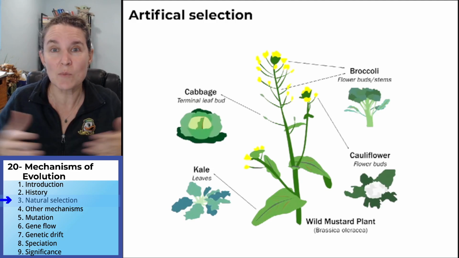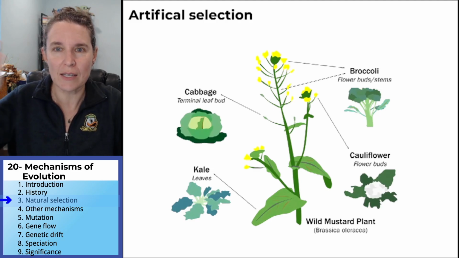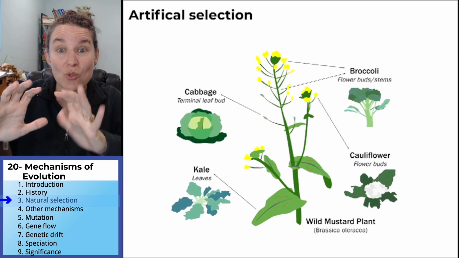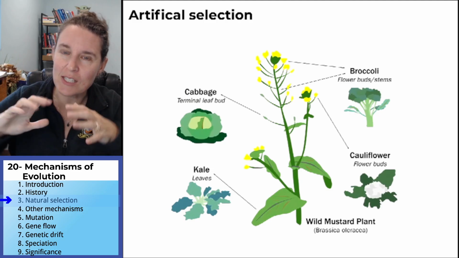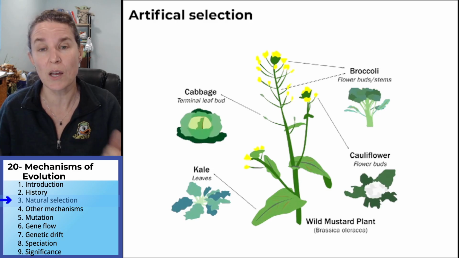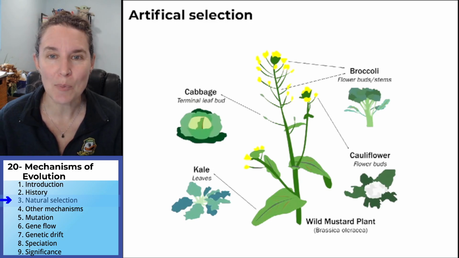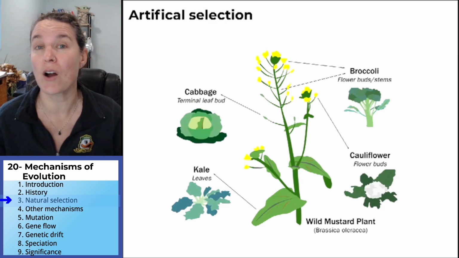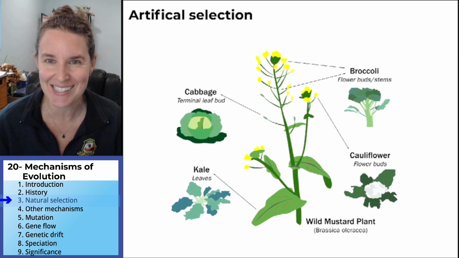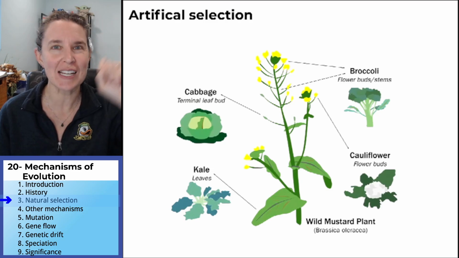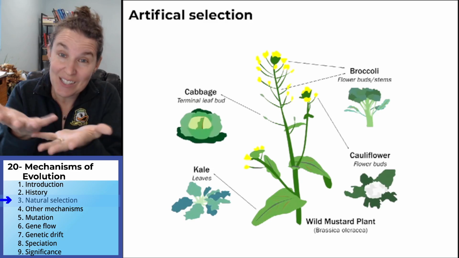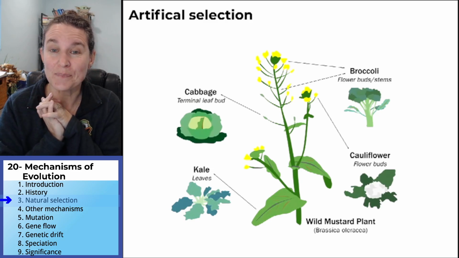Darwin looked at that and was like, this is a no-brainer. Look, we're doing it right now. We're creating natural selection. He called it artificial selection because it was human done. We're doing this work. Wild apples did not look like our apples today. Bananas? Oh my gosh, no. Wild bananas do not look like what we eat today. That's the result of artificial selection.